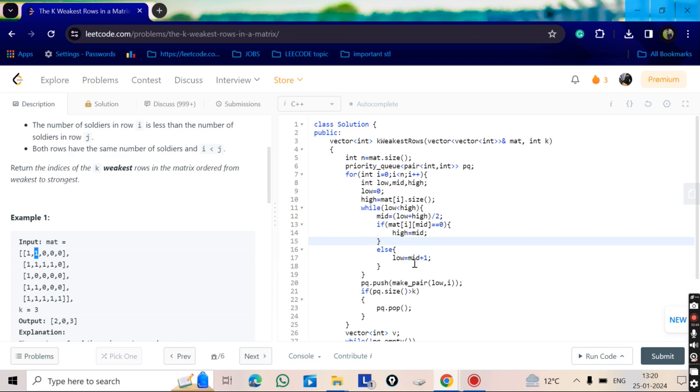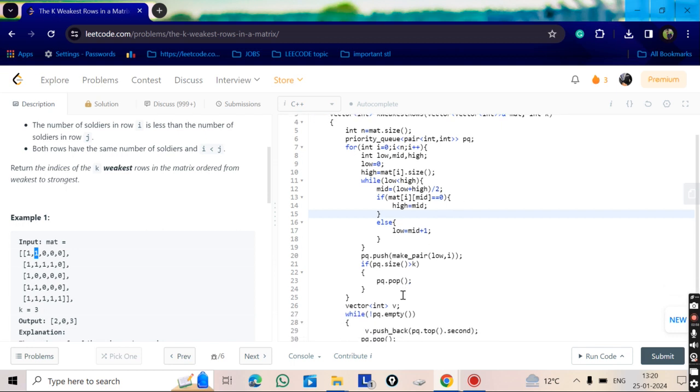For every row, we push the last index of that row into the priority queue, which I take as a max heap. In a max heap, the greatest element is at the top.